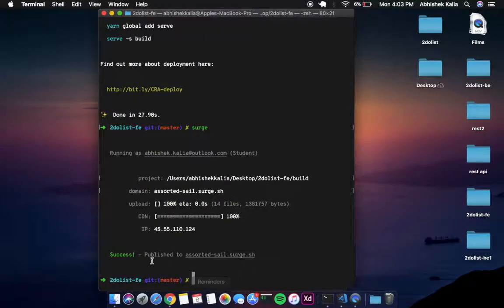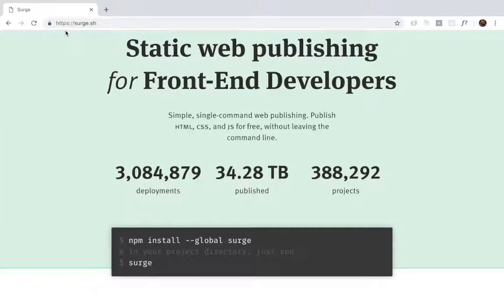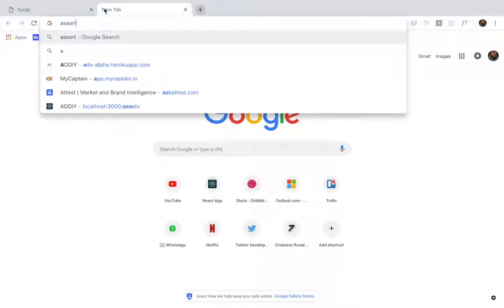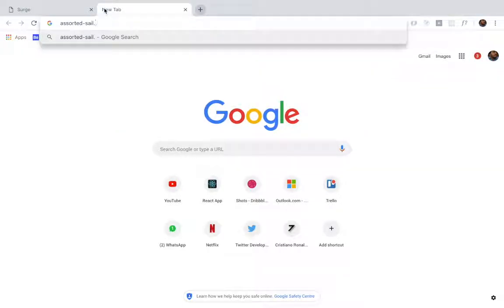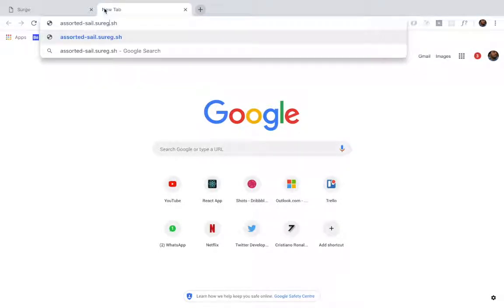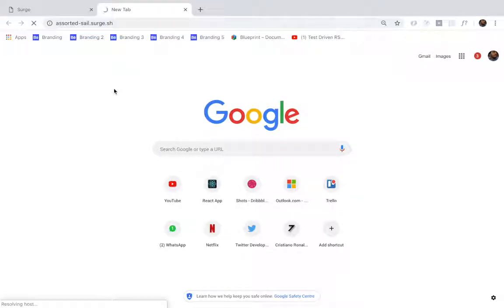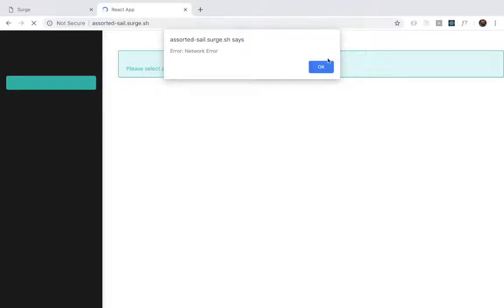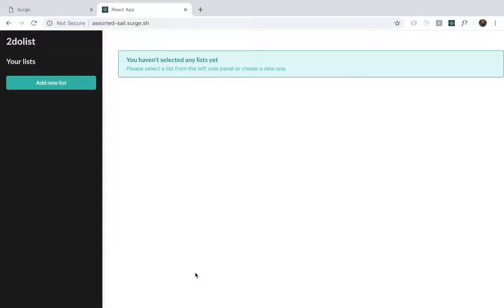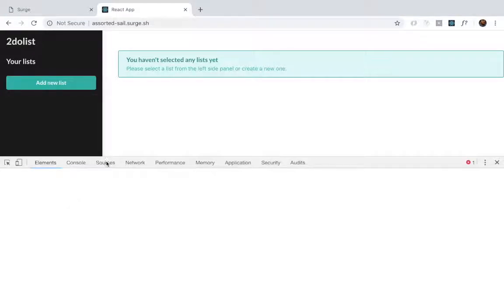Now that is done, it tells you that it has published your website. To check whether that is working, you will type in assortedsale, or whatever the name assigned to your application was, and then surge.sh. So assortedsale.surge.sh, and you press enter. Once you press enter, Surge will load your website for you, and you can see that we are getting a network error. Let's see what the error is. We'll open up our inspect panel, and in our network panel,